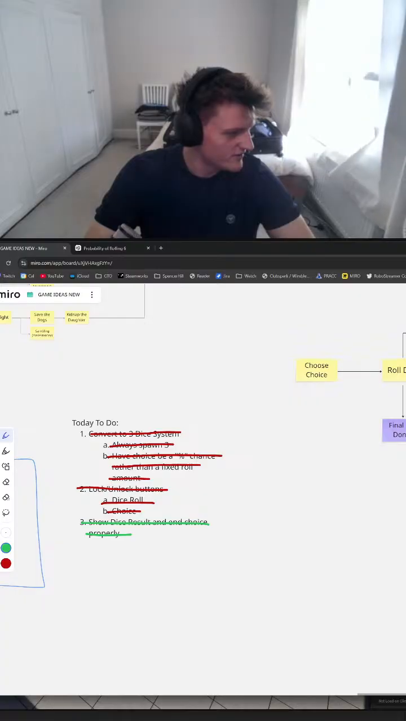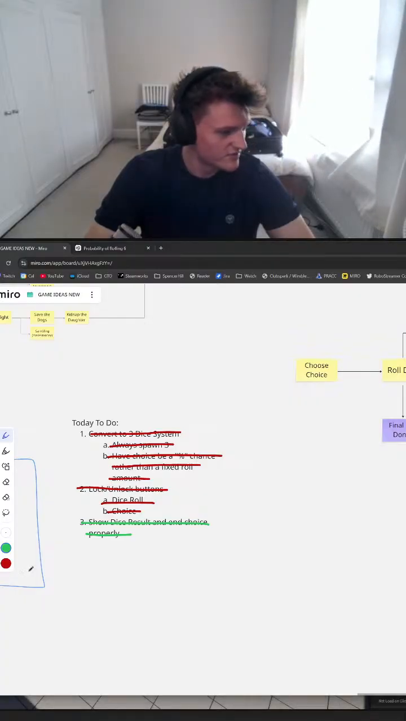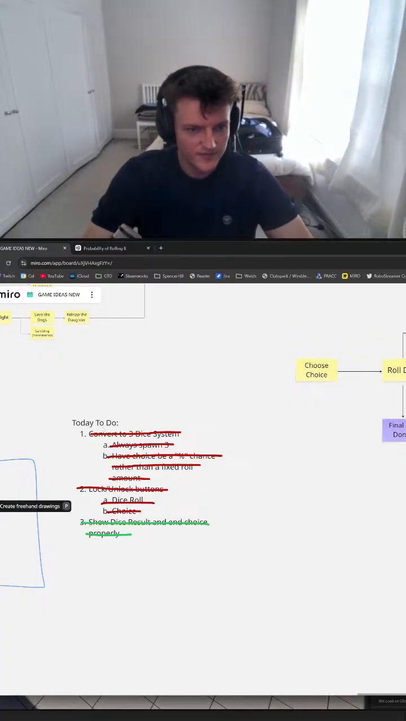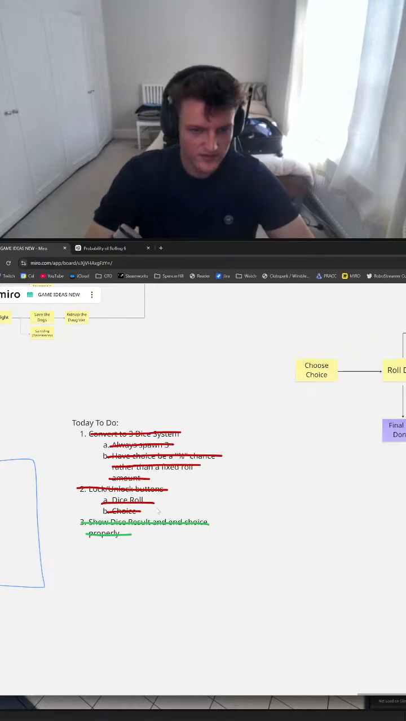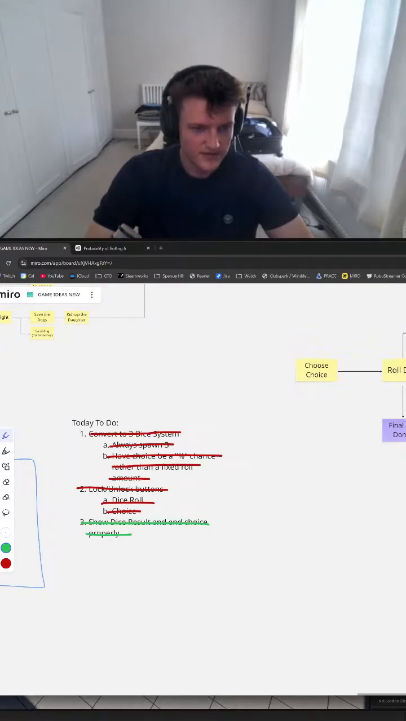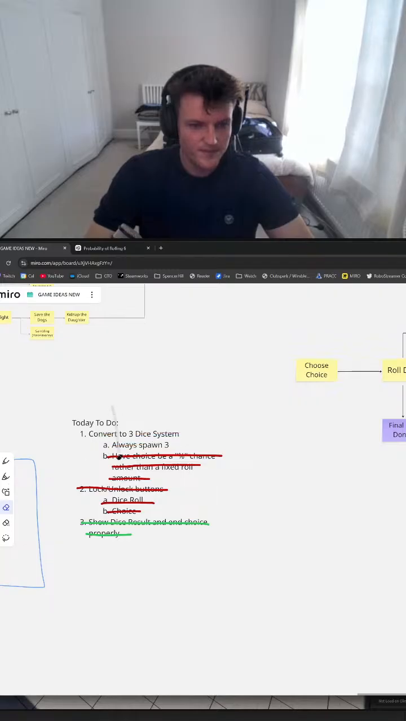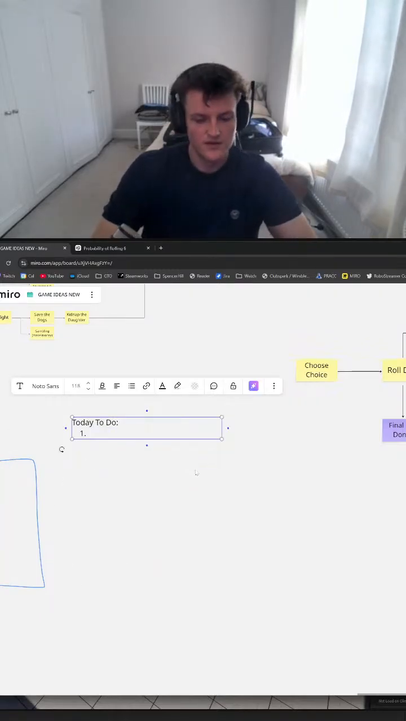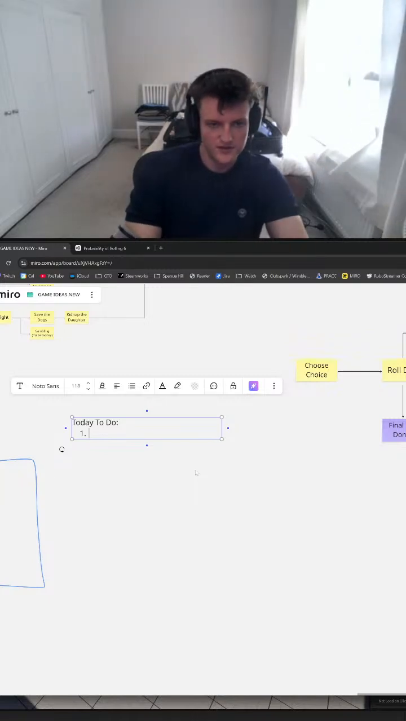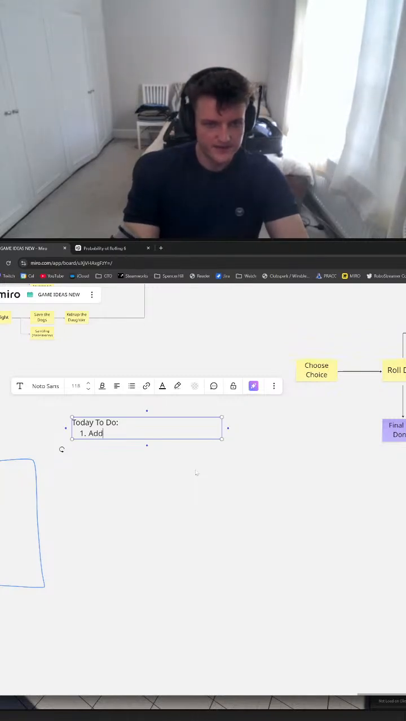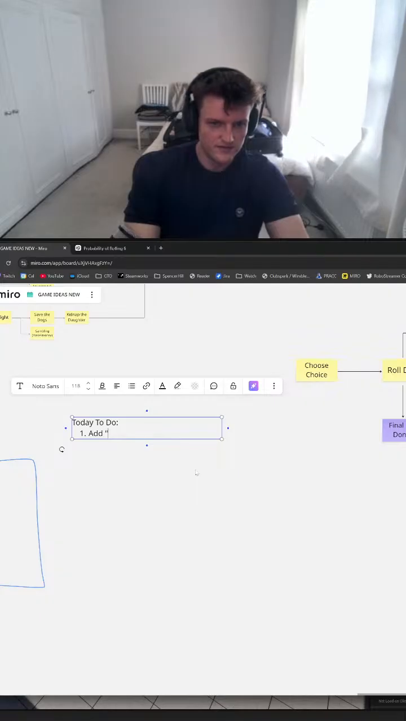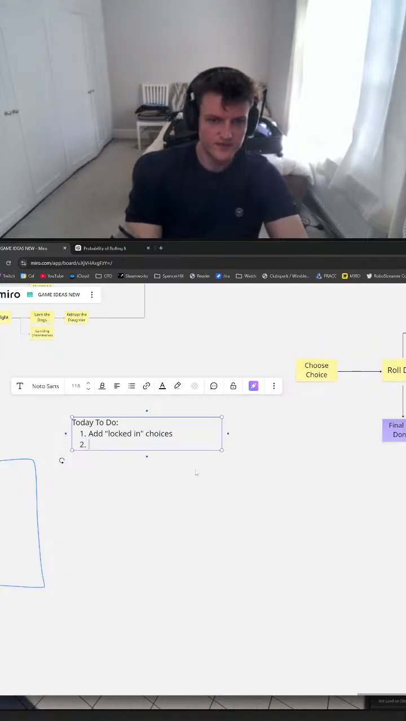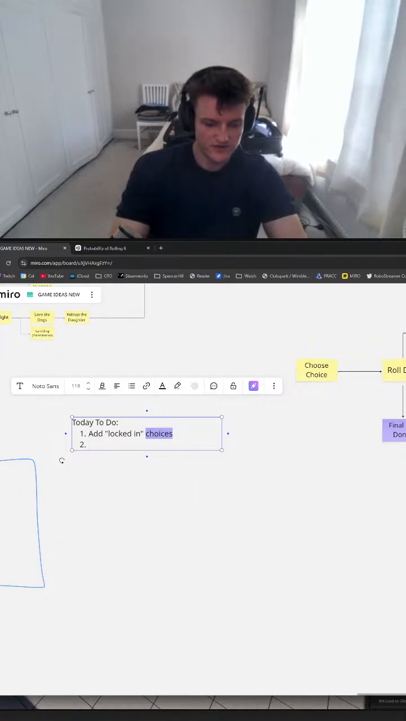So today's to-do, first I can just hide that because we're done for today. We just take all this and go. Oh no. So erase. Erase all that. So 1, we need to add locked in choices or interactions even. Interactions. Add